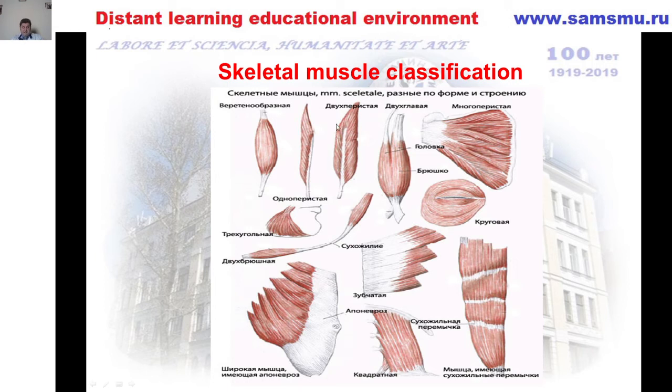In the bipinnate muscle, the muscle bundles are attached to a long tendon on both sides, at an angle to the direction of the tendon. Some muscles, for example, the deltoid muscle, have a complex pinnate structure. The tendon, as it were, forks into several tendons that grew into the muscle. Muscle bundles are attached to them from outside. And also you may see a triangle-shaped muscle, digastric muscle, flat muscle with aponeurosis,